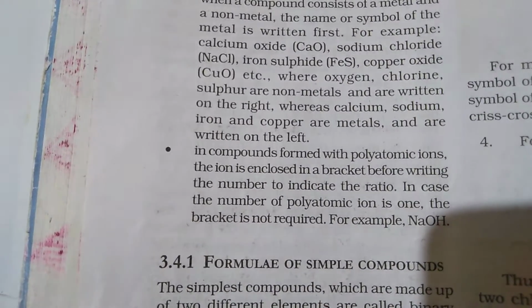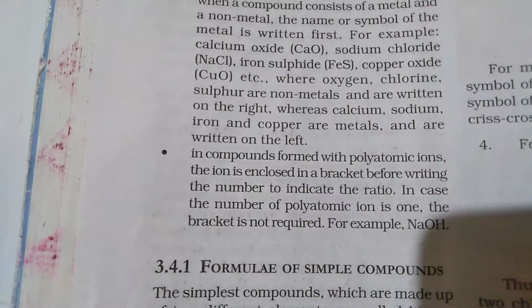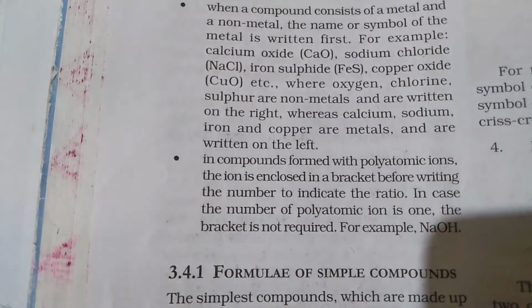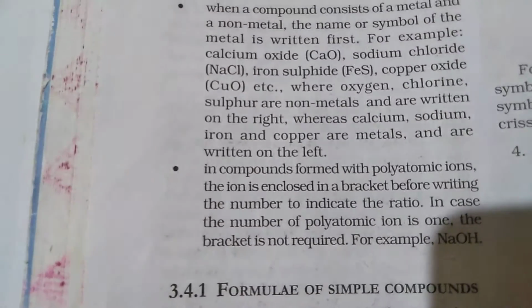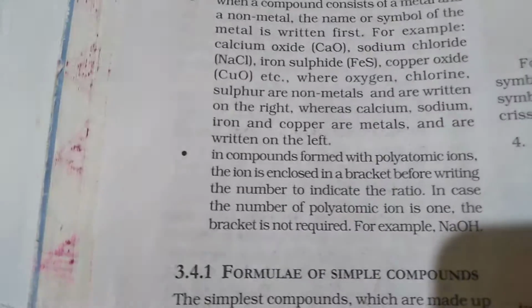Second one, oxide, chlorine, sulfide. These are the non-metals. First you have to write the metal's name, then you have to write the non-metal's name. This is the second rule. Third rule,